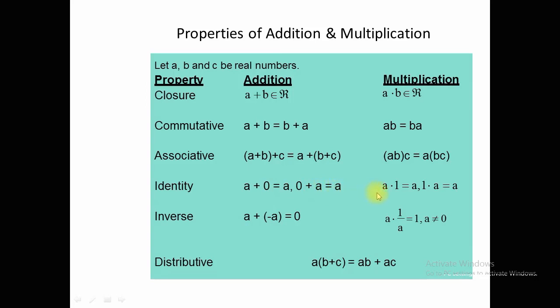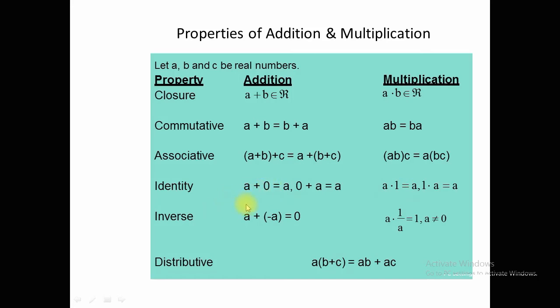And similarly real numbers have a multiplicative identity. Multiplicative identity means that for any real number A there exists a number, which is 1, such that A dot 1 is equal to A, and 1 dot A is equal to A. So for any real number there exists a number, for example x, such that A dot x is equal to A and x dot A is equal to A. So in real numbers, 1 is the multiplicative identity, and 0 is the additive identity.